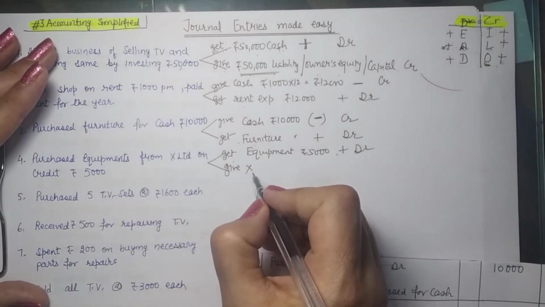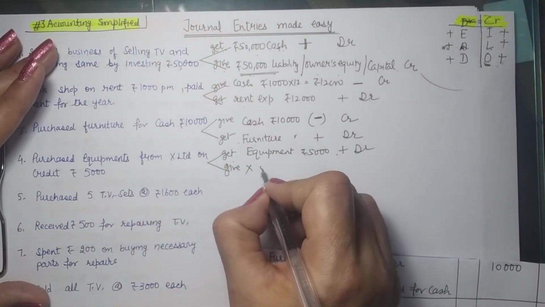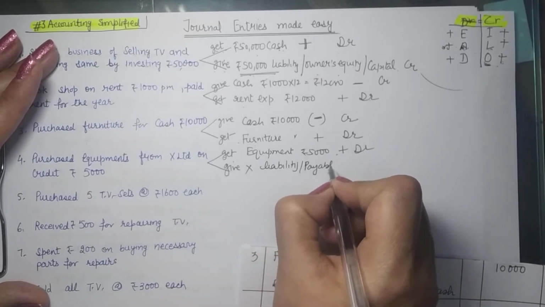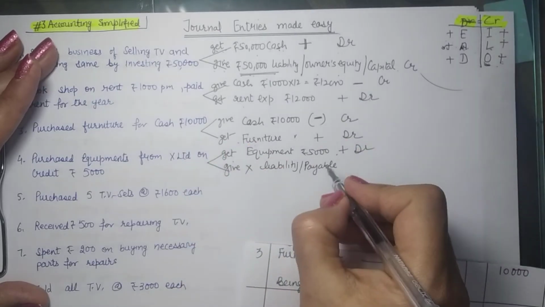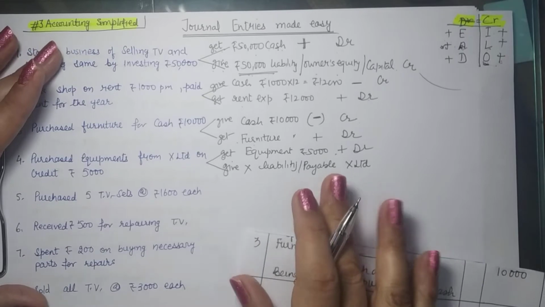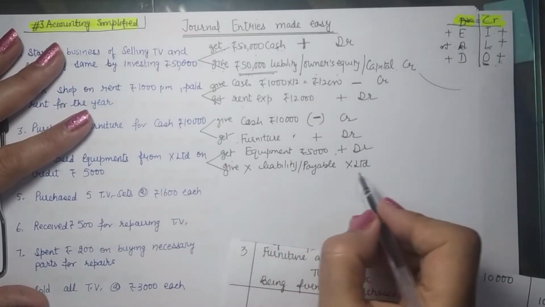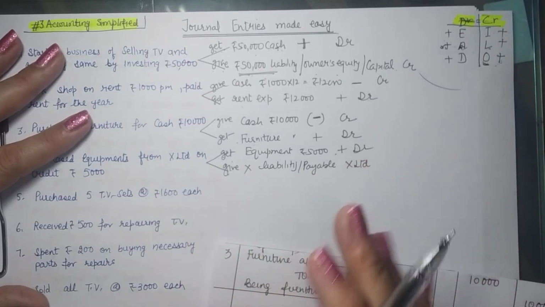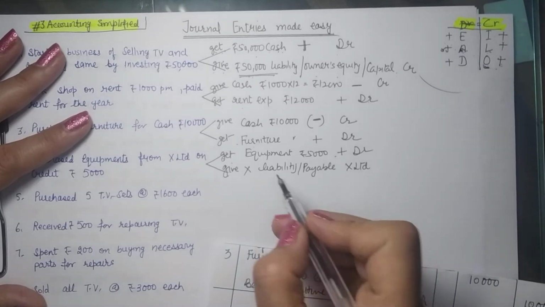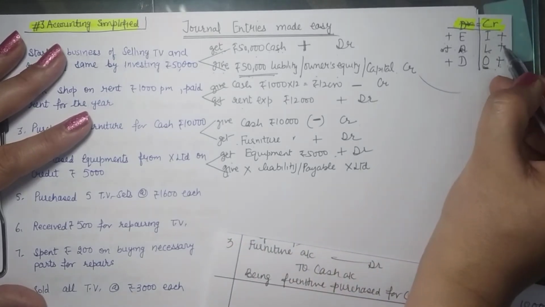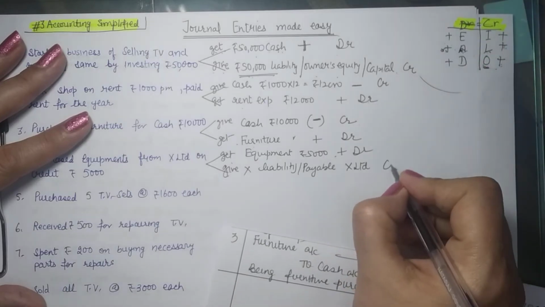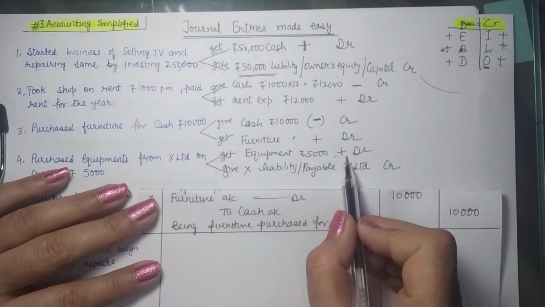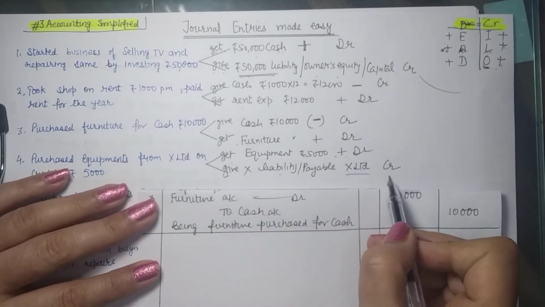So if we are to pay it later on, it means we have now created a liability or a payable amount. So you have got something payable in the future in the name of X Limited. If we are to pay something, it is our liability. When we create a liability, since one of the two aspects is missing, it will either be a liability being created or an asset being generated. So you are to pay. Liabilities' positives are credit, so this should be credited. So what do we have in the journal entry? We got equipments debit, liability created towards X Limited credit.